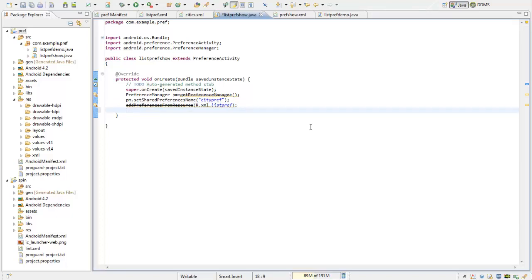So what I'll do is, similar to how we find a view by ID, I can find a preference. Name is citypref. I can find this preference by name, convert this into a list preference,